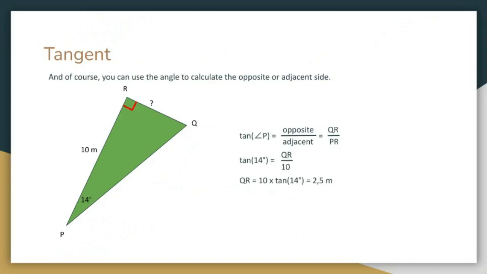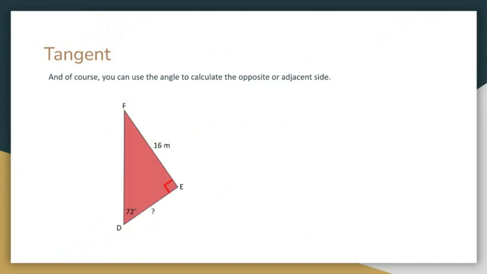Another one? Of course. Triangle DEF, with EF being 16 meters and angle D being 72 degrees. We want to figure out the length of side DE. Again, we start by writing the trigonometry ratio. The tangent of angle D is opposite divided by adjacent, which in our case is EF over DE. We then fill in the numbers we know. So the tangent of 72 degrees is